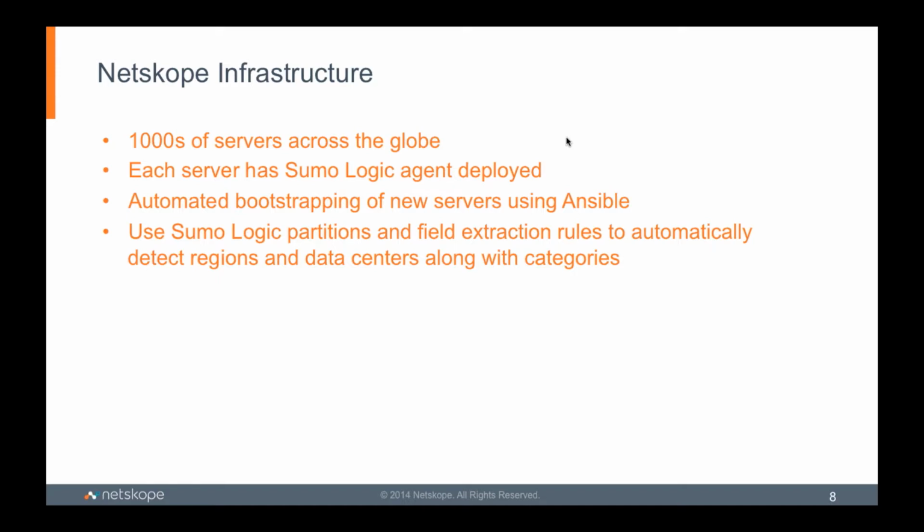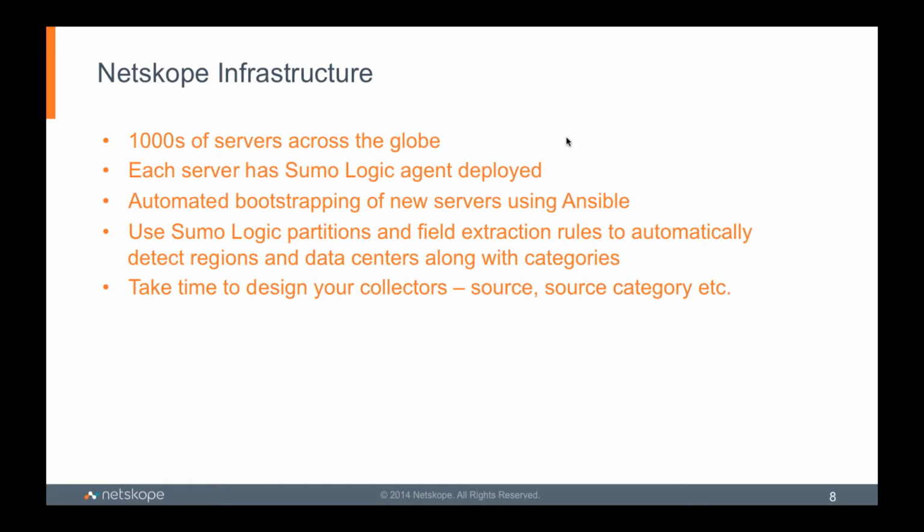Is this happening across all data centers for that particular service? Is it isolated to a particular region or data center? That gives us the ability to move traffic off of the errant service, so that our customers do not see any impact to their service, or to the Netskope service.